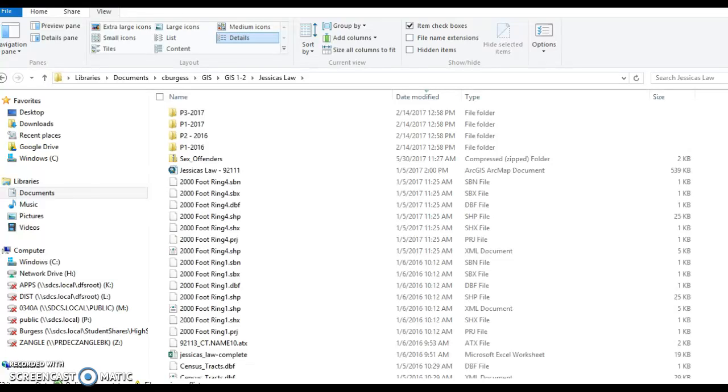Okay, so I'm going to show you how to take some shapefiles that you created in ArcMap and bring them into ArcGIS Online. So the first thing we need to do is go into our folder where we've saved our data, and I'm going to be working with the Jessica's Law information. So I'm in my Jessica's Law folder, and I see all of these files that are associated with my Jessica's